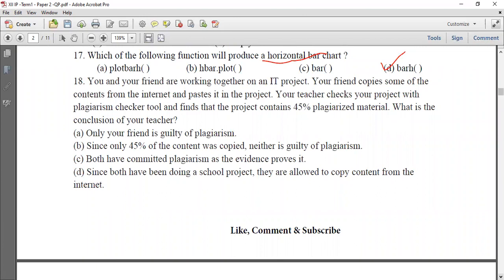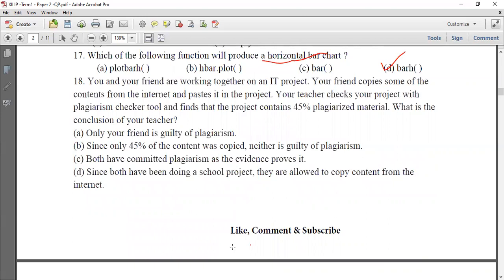You and your friend are working together on an IT project. Your friend copies some of the contents from the internet and pastes it in the project. Your teacher checks your project with a plagiarism checker tool and finds that the project contains 45% plagiarized material. What is the conclusion of your teacher? Only your friend is guilty.